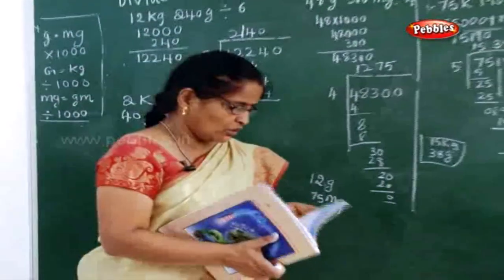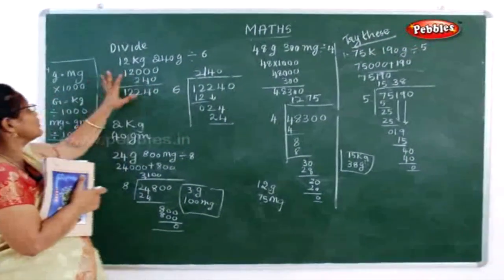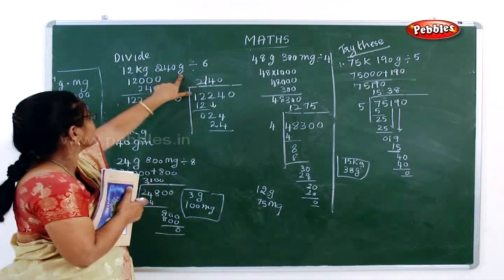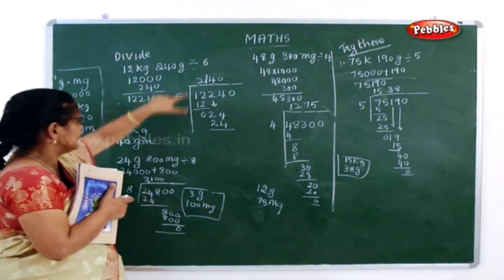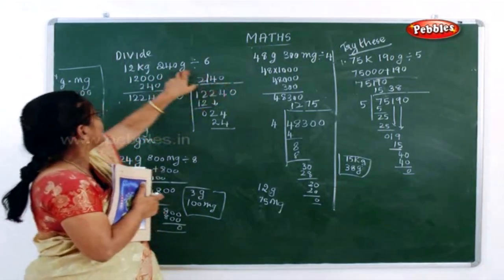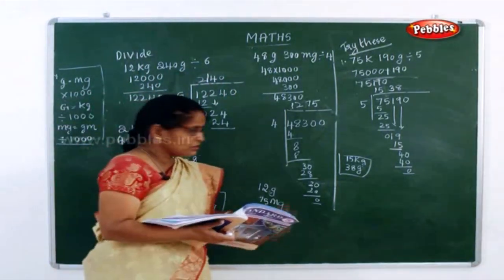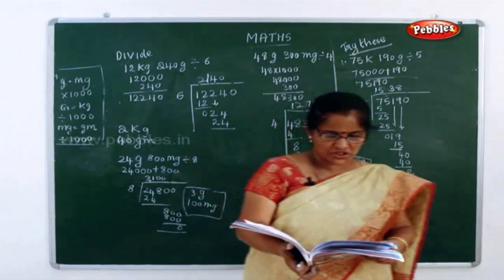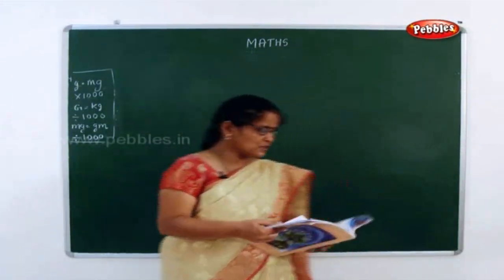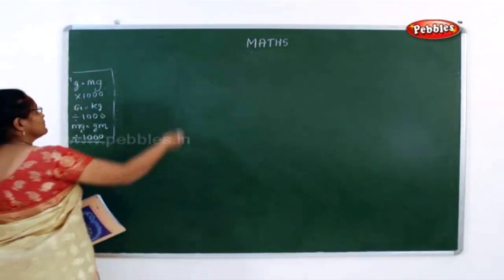Is it clear now? So now what you have to do is, first immediately you convert it, when it is kg and gram, you convert into gram and then divide it, and the first value you can take as kg and the last value you can take as the gram. So this is how you have to do your division sums. See, the next one we will go on with division.